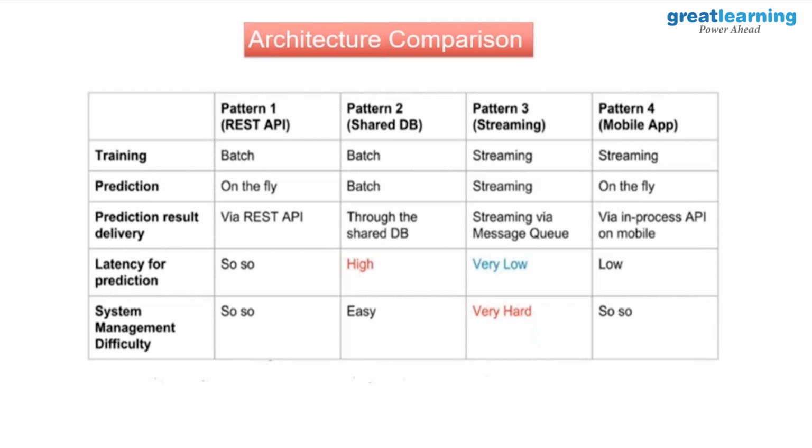Okay, so imagine, and that is why we said the system management difficulty is very hard here, because the new data which has come in is fed back to the train environment. The model is created, the performance is checked. If there are multiple models which need to be worked on, or whichever model gives you the best performance, all that is done, and then I have the model ready for the next step.